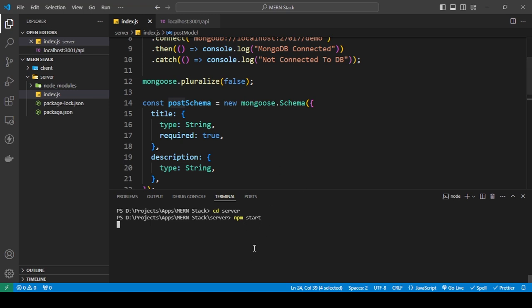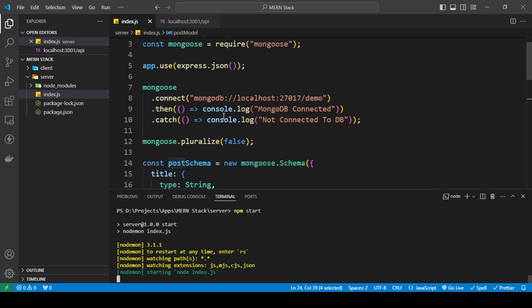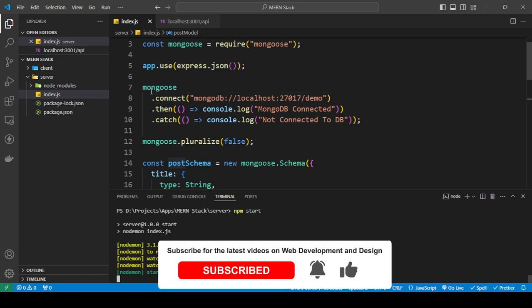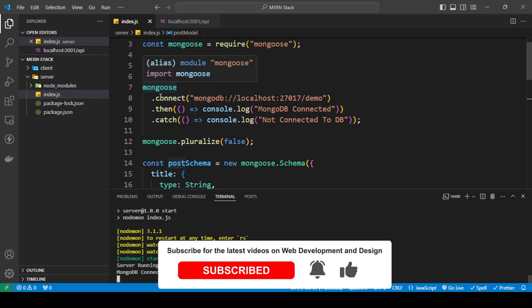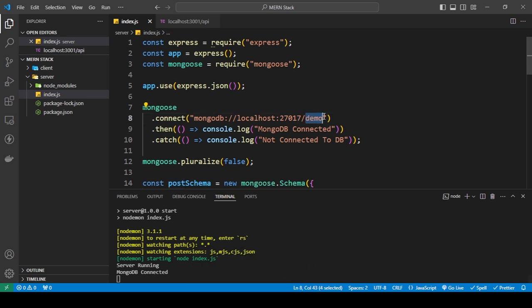And while that is starting, if you haven't come from previous tutorials, I'm just going to quickly explain what we're doing and how we're connecting to the database. I'm using Mongoose, an npm package, and I'm first requiring it and then connecting it. This is the connection URL and this is the name of the database. You need to add it so that Mongoose knows which database you're using to store the data. And I'm using MongoDB Compass,